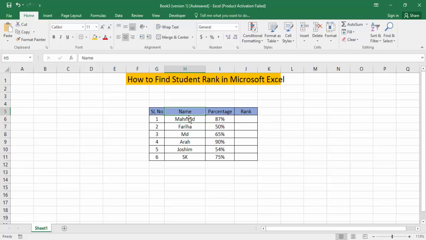This is the student name. Now you can see the percentage, and we will find the rank from it. Firstly, click on the first rank cell. Now press the equal sign on the keyboard. Now type RANK